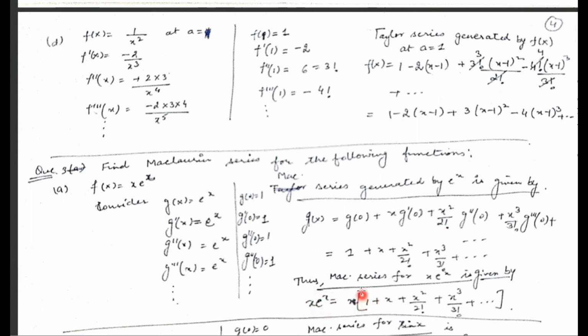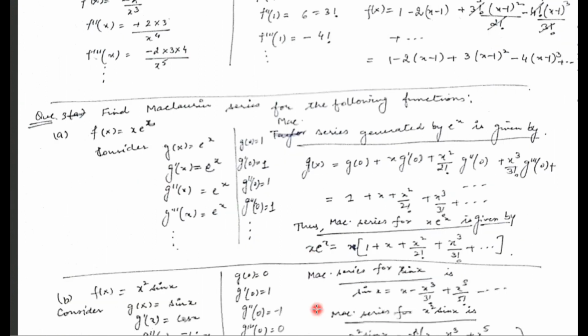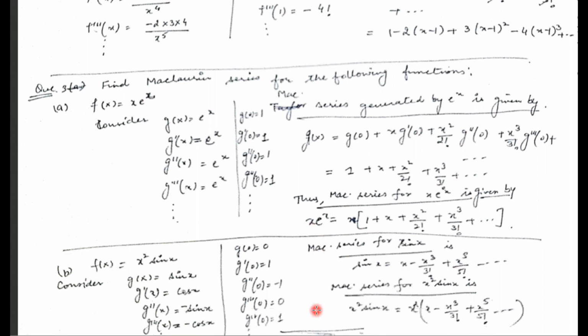Now why do we just multiply by x? Because if you find the Maclaurin series for x, it comes out to be x. So basically we are finding the Maclaurin series for x as well as e to the power x, and then multiplying both. And since in the case of a polynomial of finite degree, the Maclaurin series is the same as the polynomial, we can multiply by that.